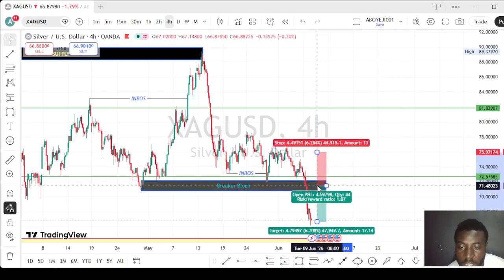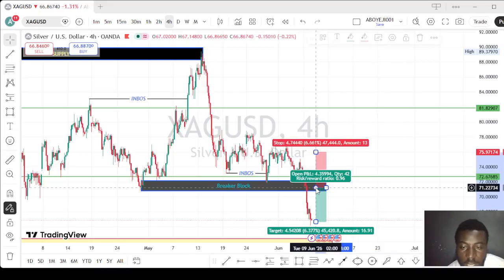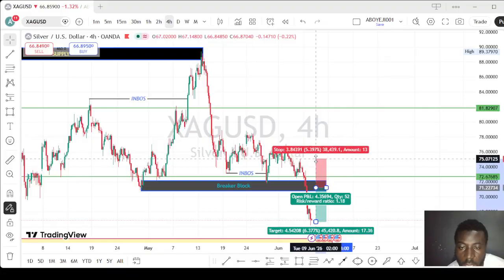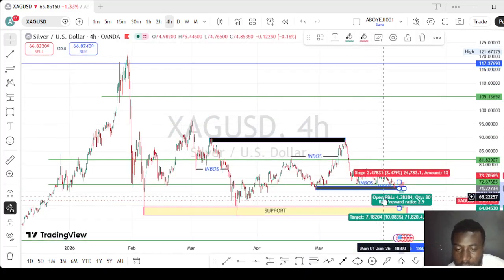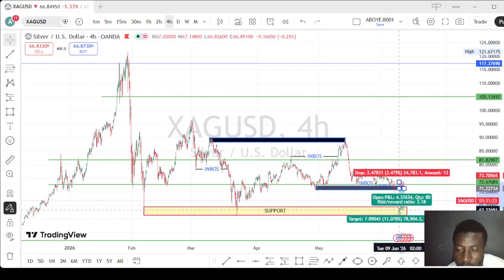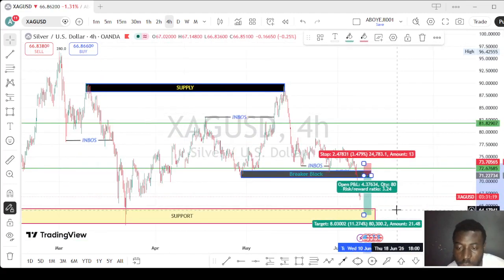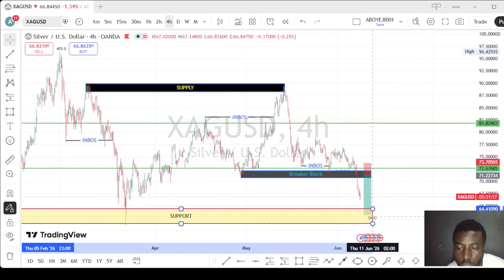So definitely the market is coming back here. Our stop loss will be here or here. Our stop loss will be here, and our take profit will be inside this zone again. Let's be expecting another sell inside this zone again. So this is where we are selling the market.